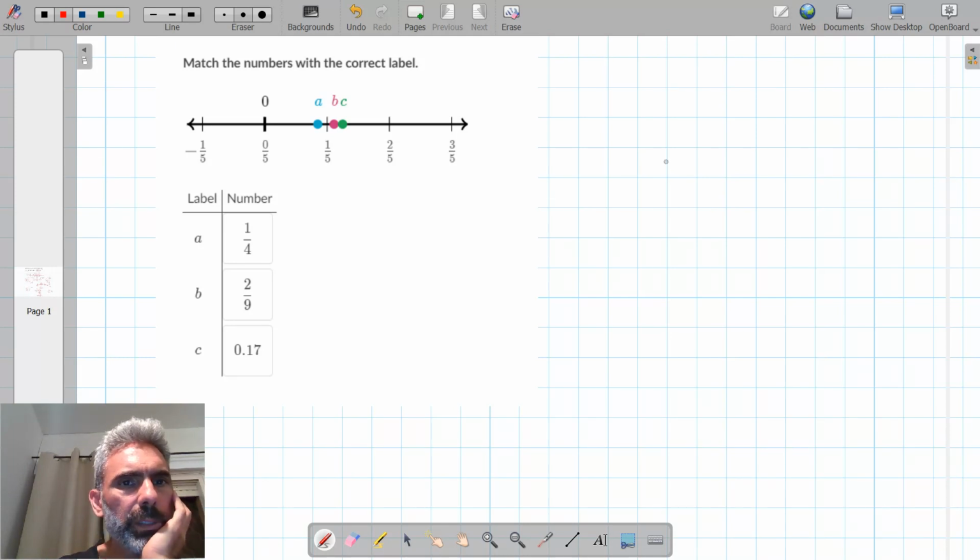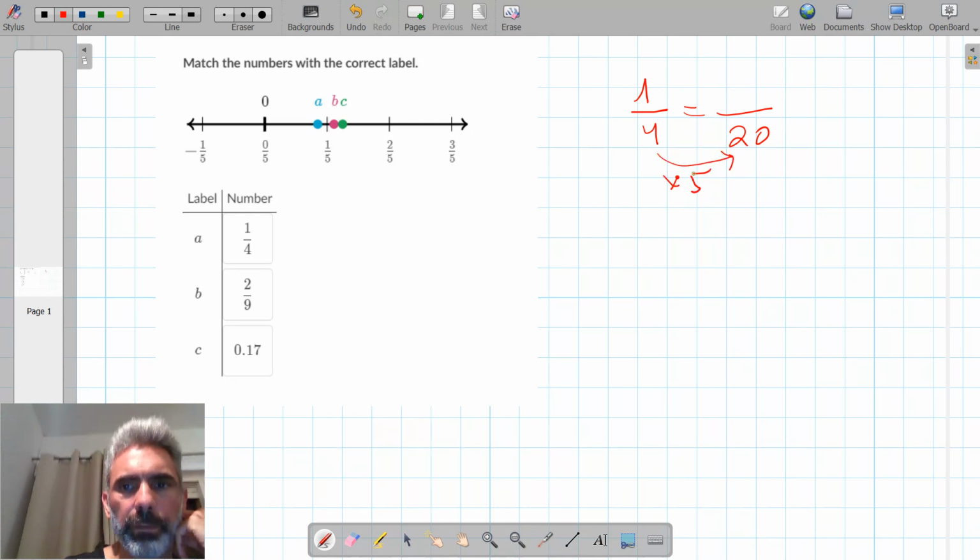So all 3 points A, B, and C are positive because they are to the right of the 0. And first let's compare 1/4 to 1/5. Let's convert them both to a fraction with a common denominator. So 4 and 5, I need to convert them to something over 20. So to go from 1/4 to a fraction with 20 in its denominator, I need to